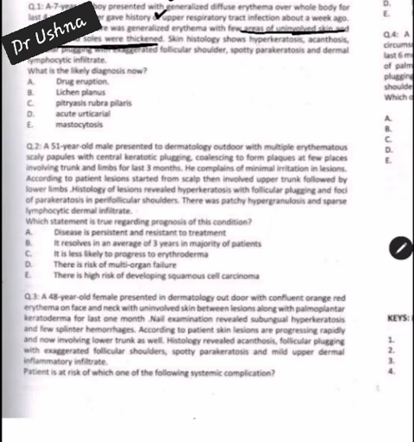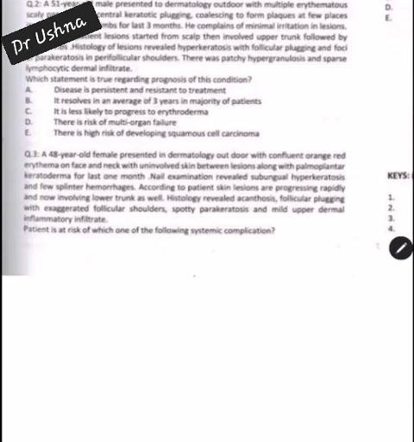When you do the histology, there is hyperkeratosis, acanthosis, and follicular plugging, exaggerated follicular shoulder. This is your typical shoulder parakeratosis. And the patient has a lymphocytic infiltrate. So what is going to be the diagnosis here? This is a very straightforward MCQ. The patient is presenting with islands of sparing in the form of erythroderma. There is going to be a trigger and the typical histology. So the answer is PRP.